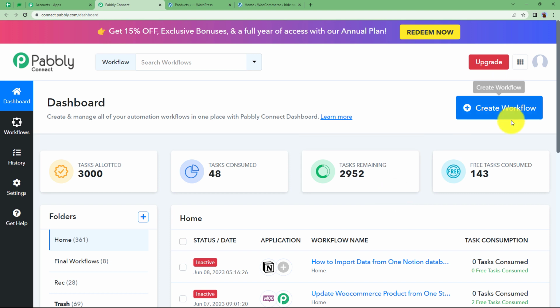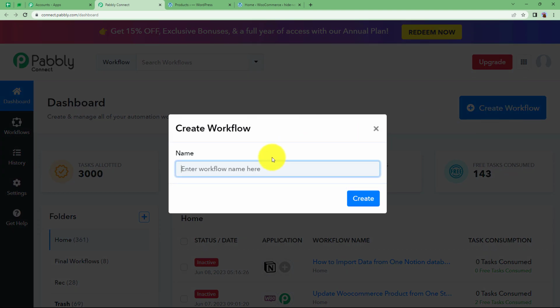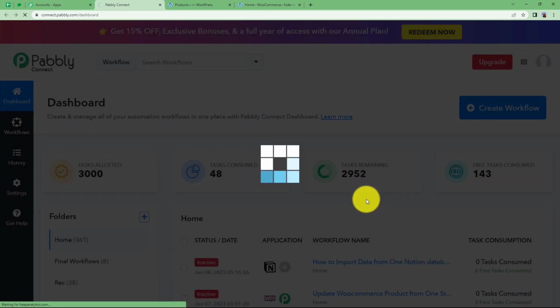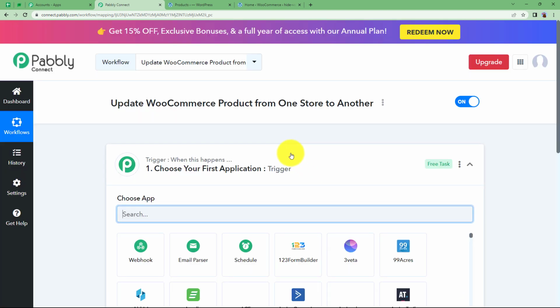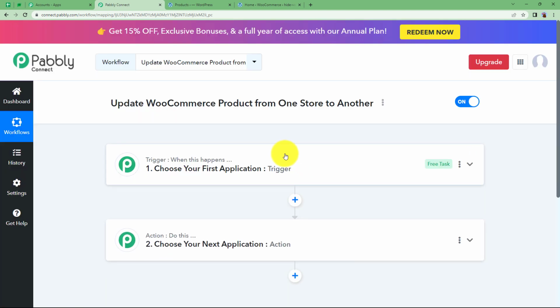Reaching here, you can see a big blue button on your right side where it's written Create Workflow. Click on the button and give a suitable name to your workflow. I'm going to name it Update WooCommerce product from one store to another. Click on Create and then a blank workflow will be created for you like you can see on your screen. You will be able to see Trigger and Action, the two major modules of Pabbly Connect on which the whole